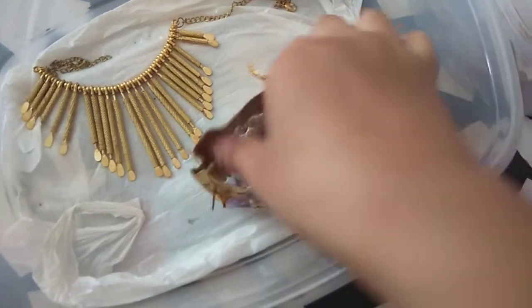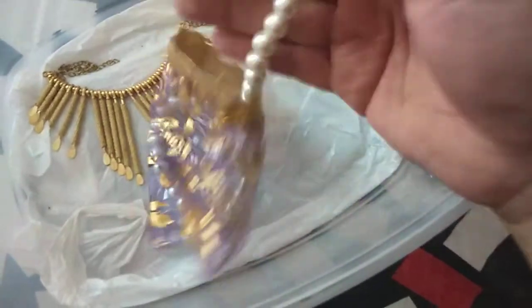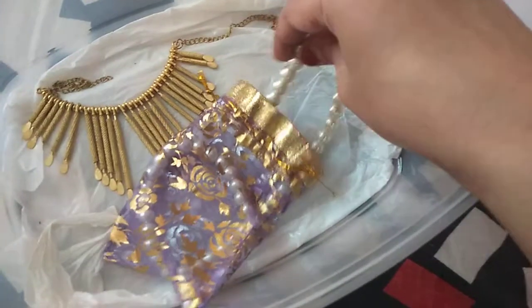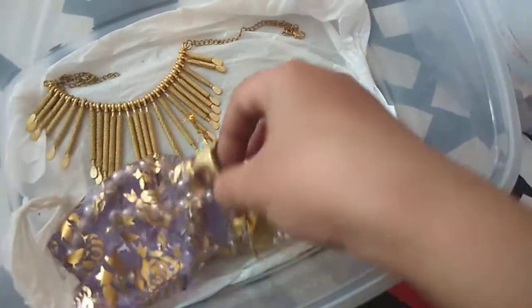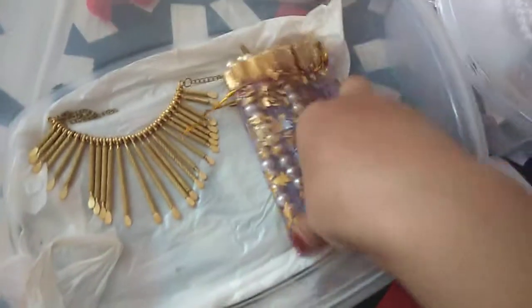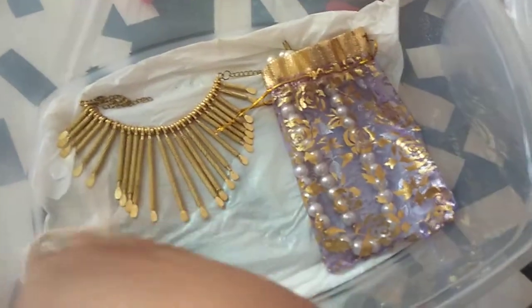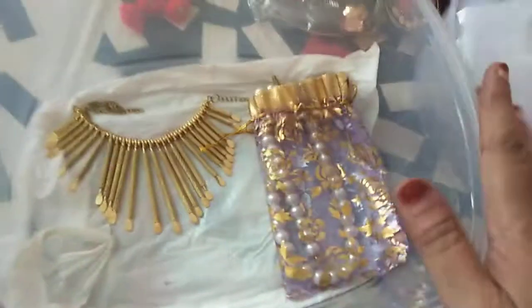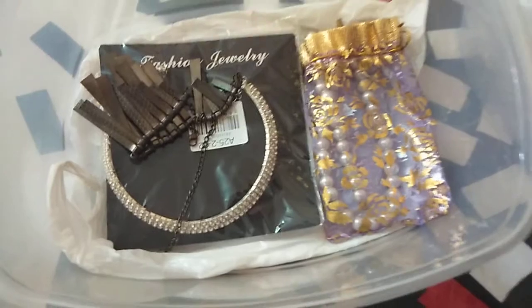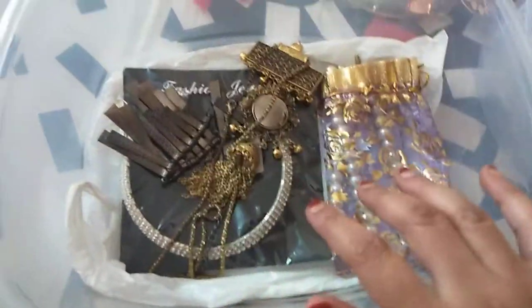pearl one. This was my gift from my previous manager, Seema Raj. So both she and me are the fancy freakers. So she gave me this on my last day with Oracle. So yeah, this box contains all these fancy necklaces, which I'm going to again place back. I would do that. And